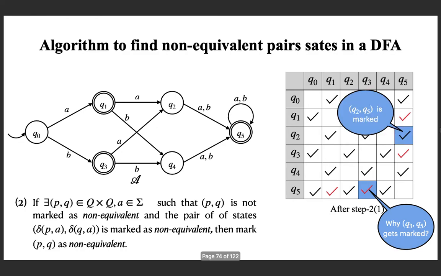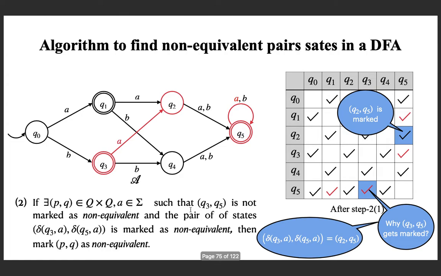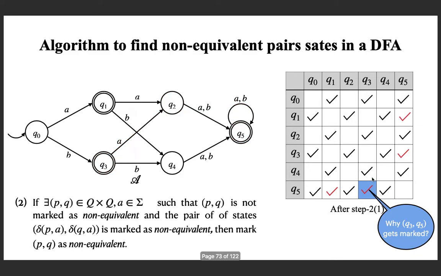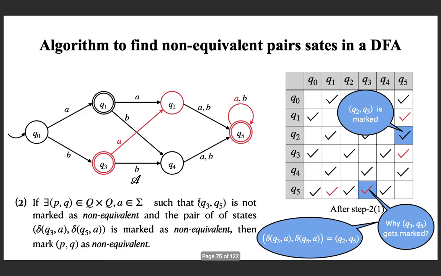Because you can see that Q2 Q5 is marked and you apply this, you substitute PQ as Q2 Q5. Okay. If Q3 Q5 was not marked before, see that it was not marked,